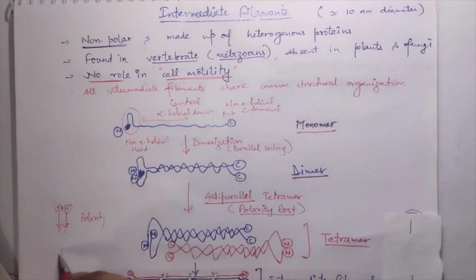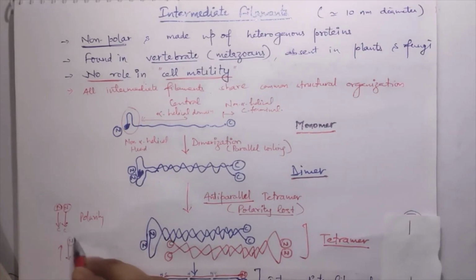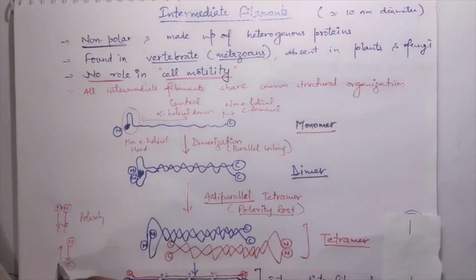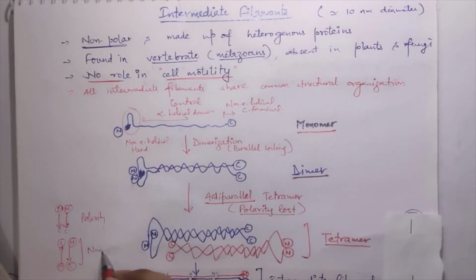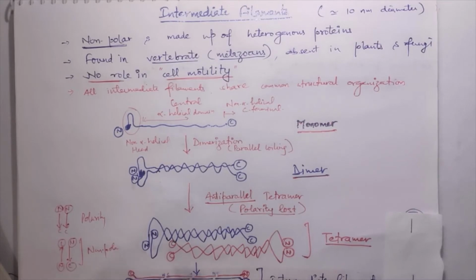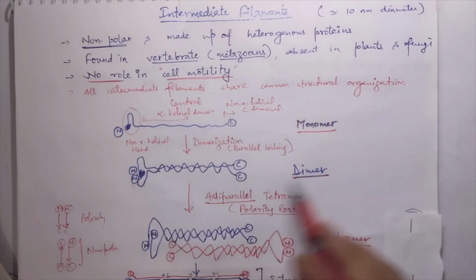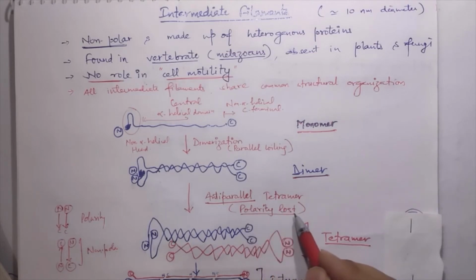But here, the N-terminal and C-terminal ends are mixed, and it becomes non-polar. Due to these tetrameric structures having a mixed arrangement of N and C-terminal ends of dimers, it forms a non-polar anti-parallel tetramer. And these non-polar tetramers are arranged